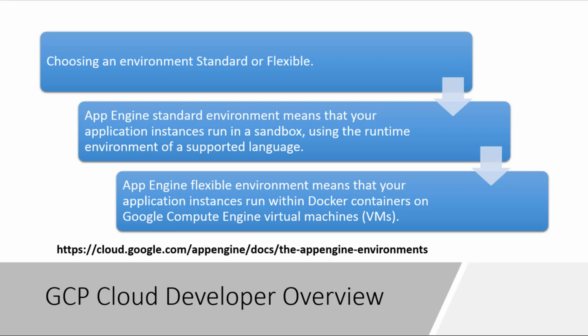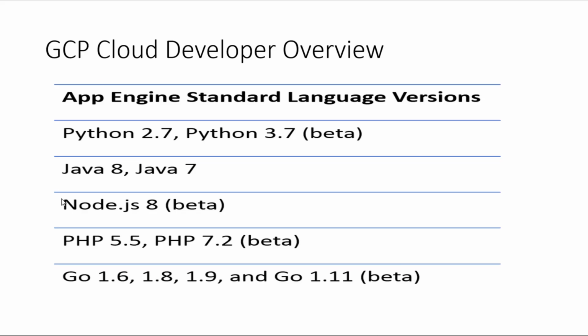Now, flexible is different in the sense that it's going to deploy Docker containers on Compute Engine. Now, standard version supports 2.7, 3.7. This is at the time of writing. You don't really need to know the versions or anything for the exam. You just want to be aware that if, for example, on the exam, we get an exam question that states, should the customer use App Engine and what version or deployment